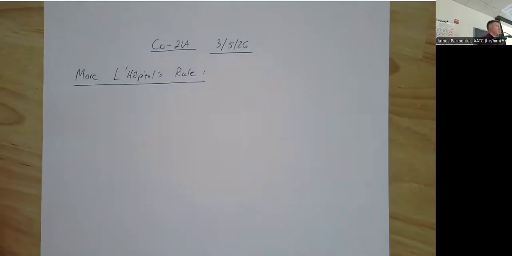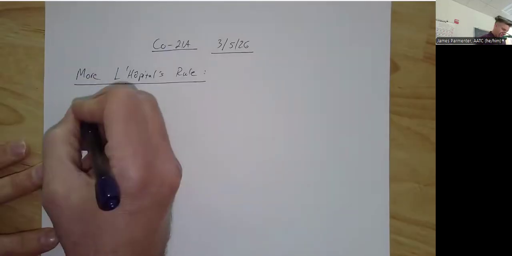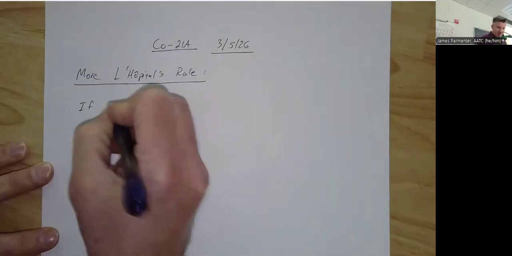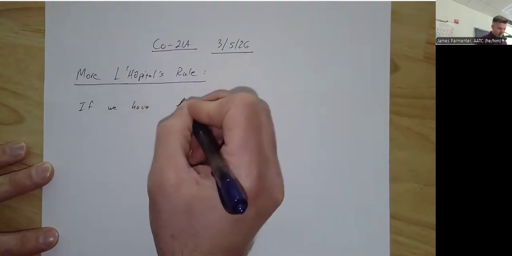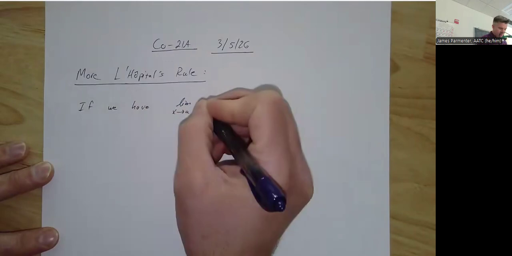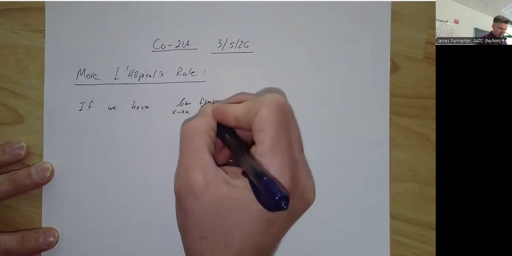More L'Hopital's rule. I said last time, and I'm going to say it again, there's only two instances where you actually are allowed to use L'Hopital's rule. So you have to have something like this. I know I said this last time, but I think it's worth repeating. If we have the limit as x approaches a of f of x over g of x,